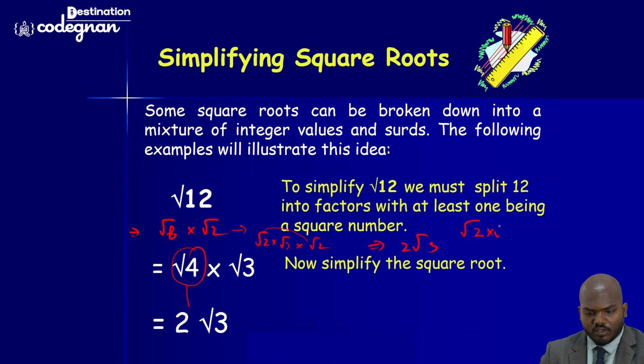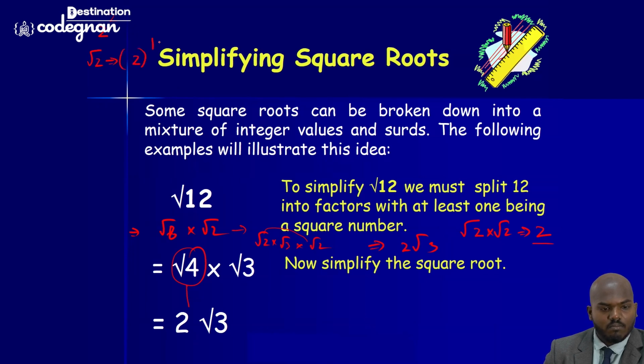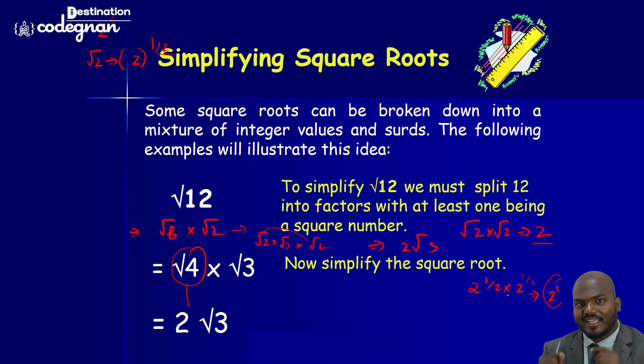like 2 root 2 into 2 root 2, the same number means it will take you the root. So what is the root actually? Because if you're saying 2 square, we have the exponent as 2. What about root 2? If you are saying root 2, we can call the 2 as having 1 by 2 as a power. If you say this 1 by 2 as an exponent, this is how it comes. If you're adding this, it will give you 2 by 2, and it will become 2 power 1. Okay, so that's how the root gets released from the root and, outside, becomes the real number.